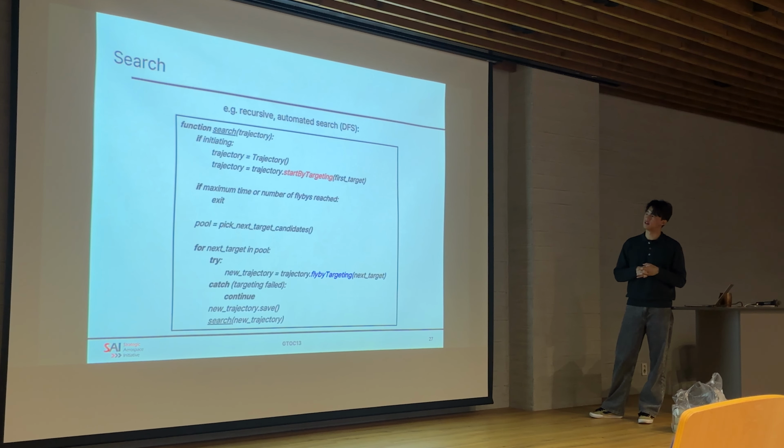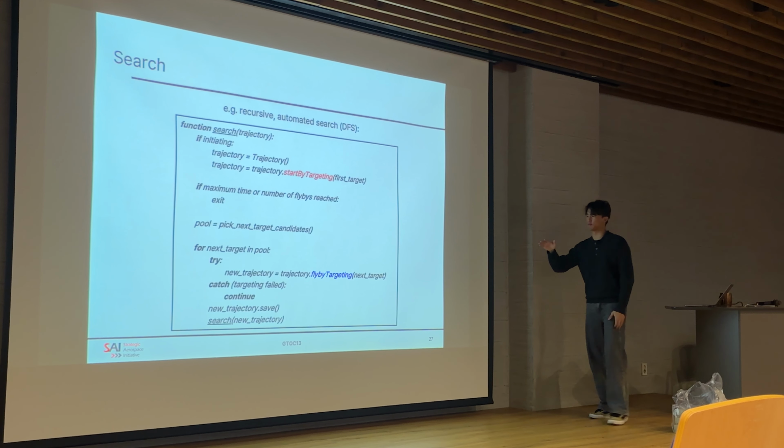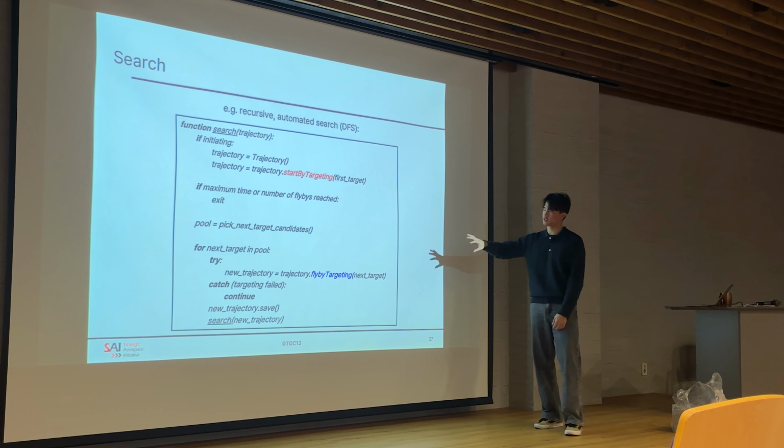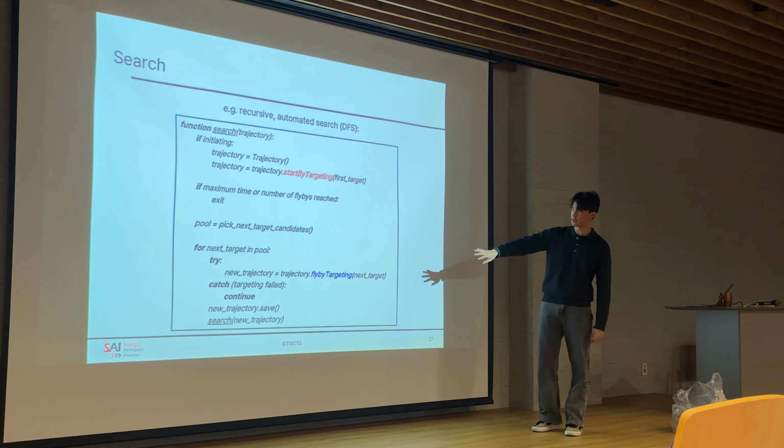And actually, the full search algorithm combines depth and breadth, right? So how can you incorporate the search algorithm by widening the breadth as well? Actually, I tried doing a breadth first search as well, but I didn't introduce it here due to lack of time. But you can simply change this algorithm into a BFS by just